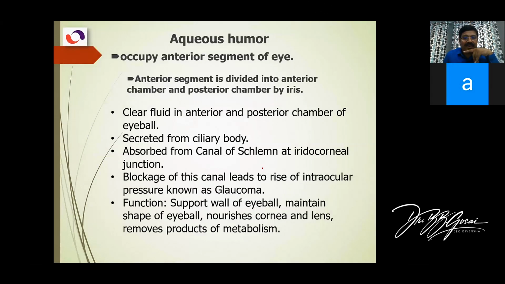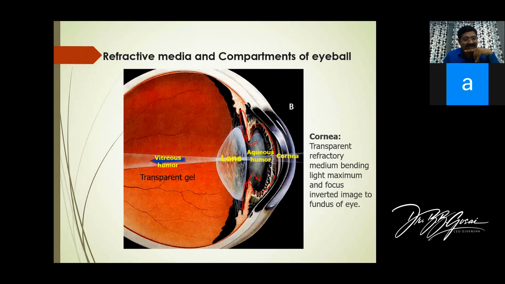The whole orange space is vitreous. Yes, you are right. This whole thing is a gel-like structure and it keeps the retina in position in the posterior compartment. When this gel shrinks, the retina will detach. With degeneration of this gel with increasing age, small changes will not do more harm, but if the shrinkage is a little bit more, it will detach the retina.